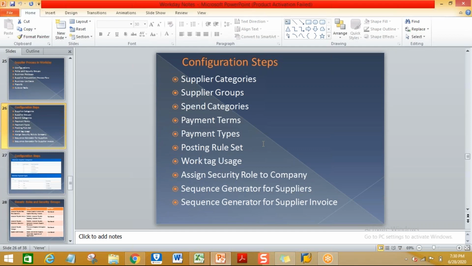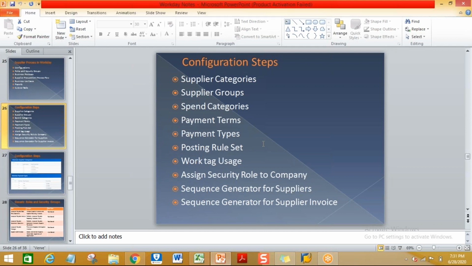Yes. To segregate the suppliers into different categories or groups, you have to maintain these supplier categories. This will help you while doing the reporting. Let's say if you take any big company, generally they deal with different suppliers daily. Then how to identify those things?